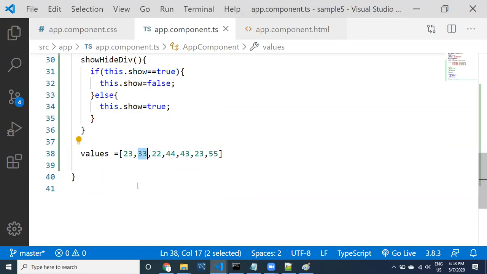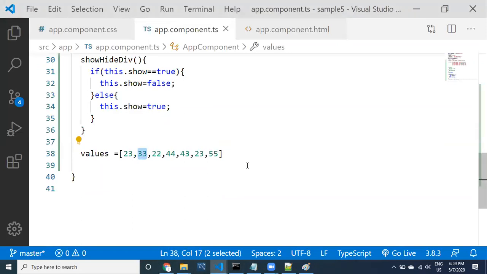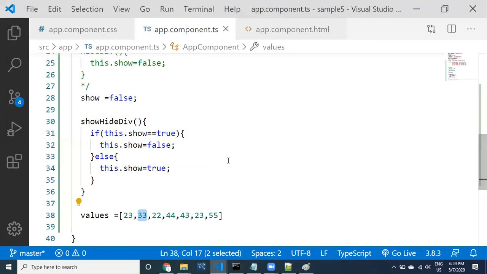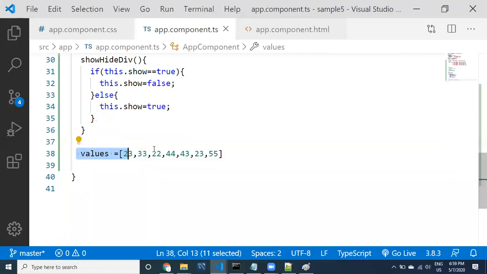The combination of loop and condition. This is one example. Let us document this example. The property we have taken is values. Displaying even numbers, the combination of loop and condition.